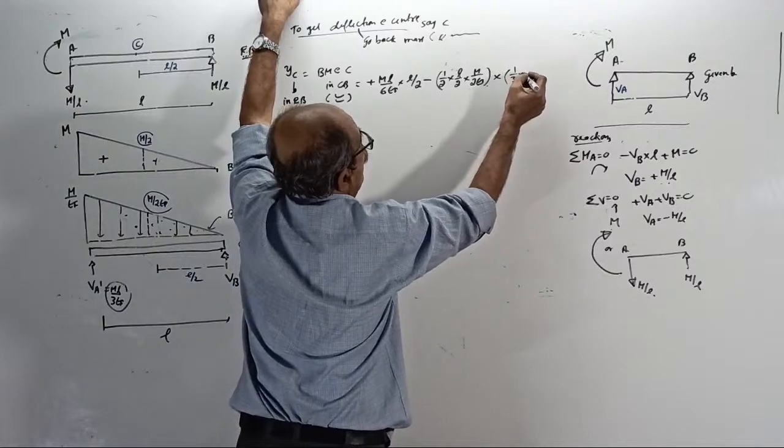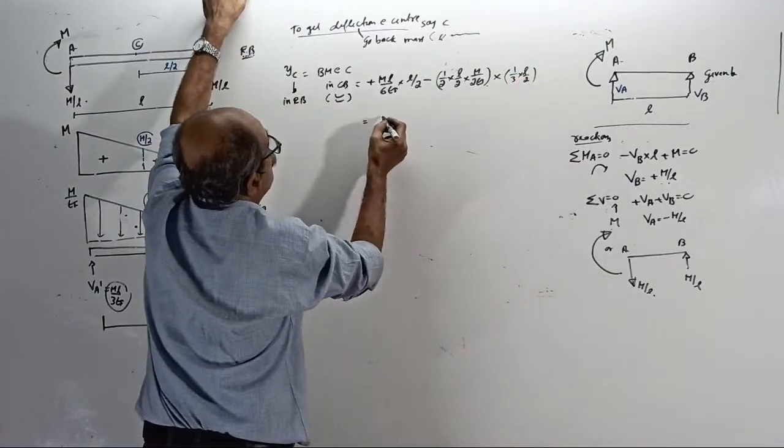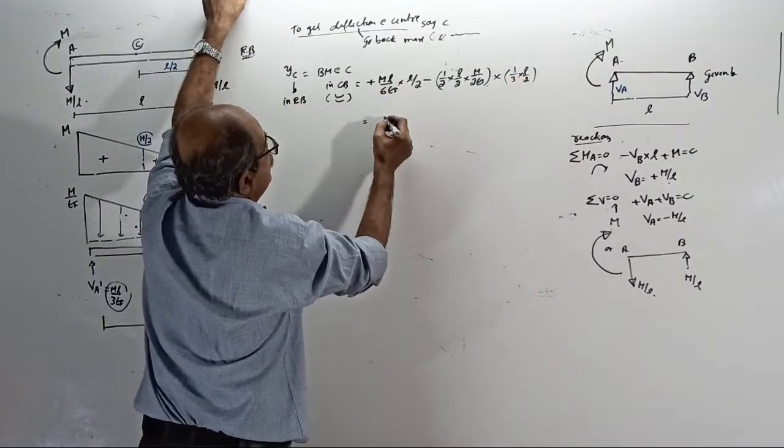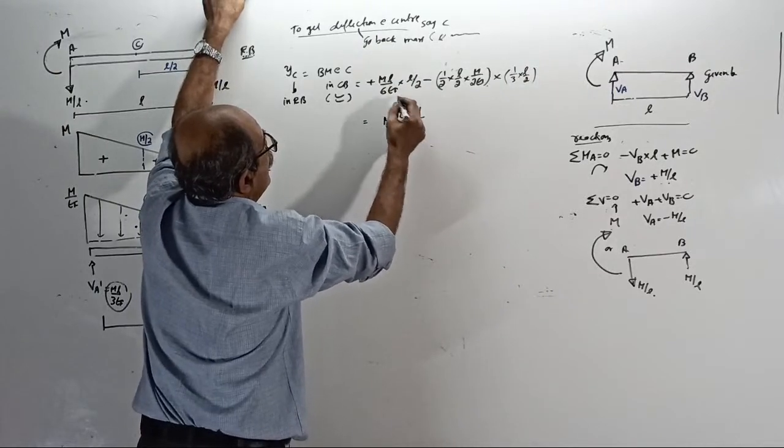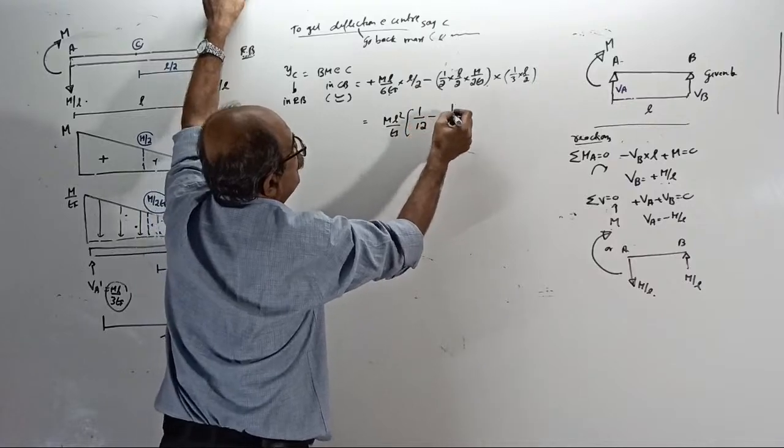So M into L is ML square by EI into 1 by 12 minus 1 by